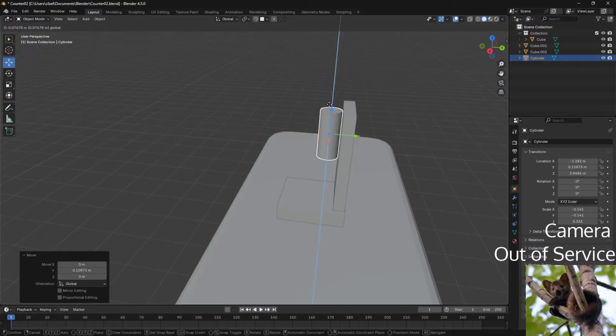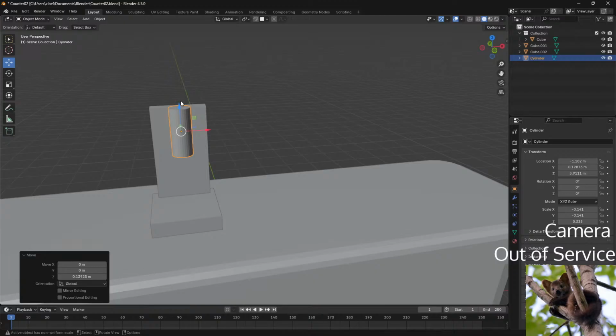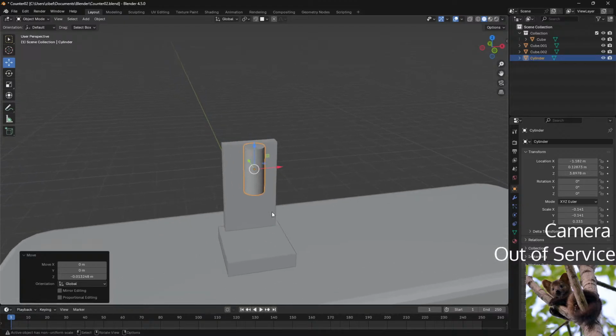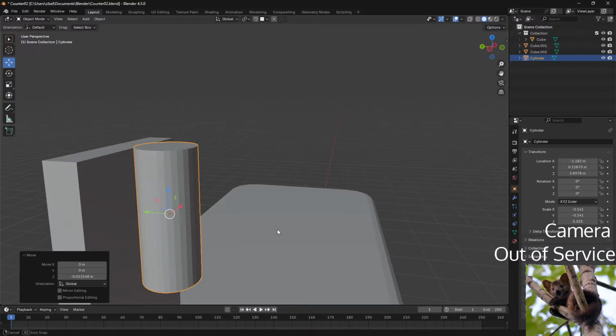And I like this, I guess. We have this kind of top part, but way smaller.